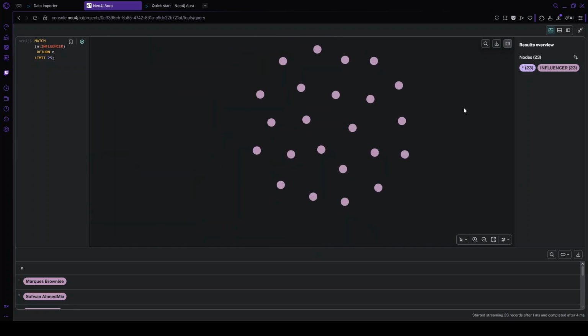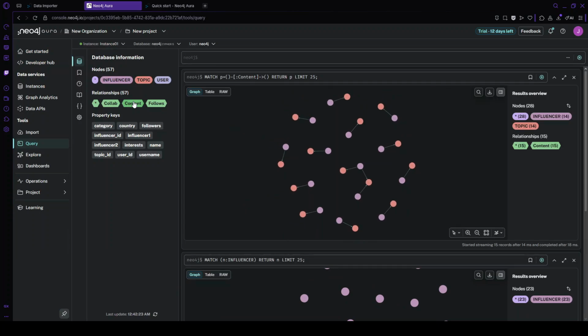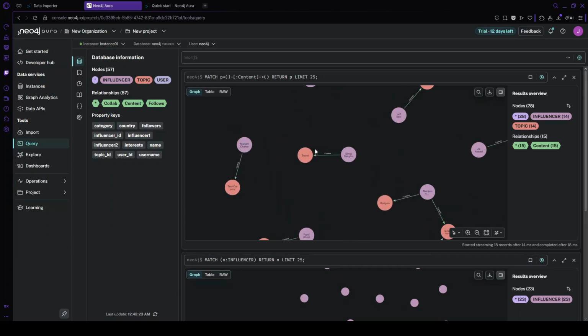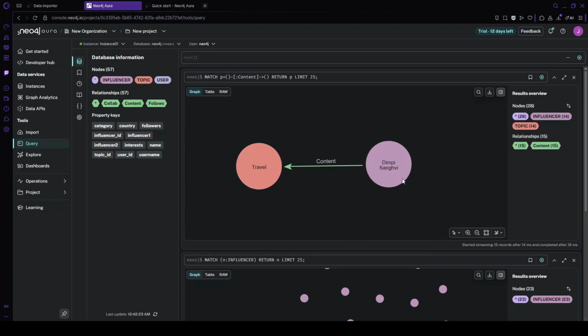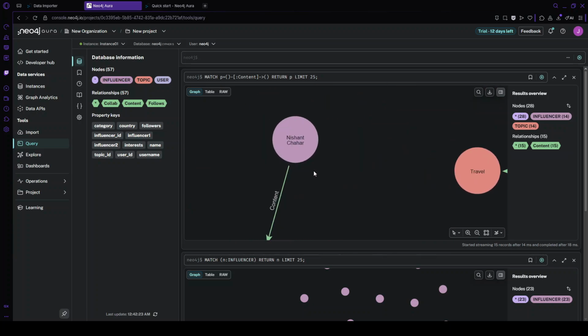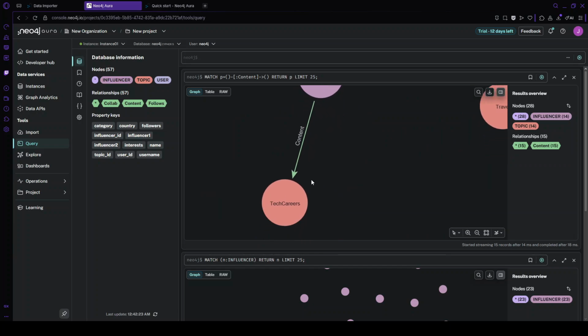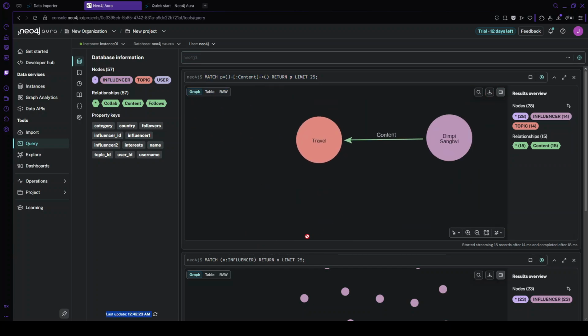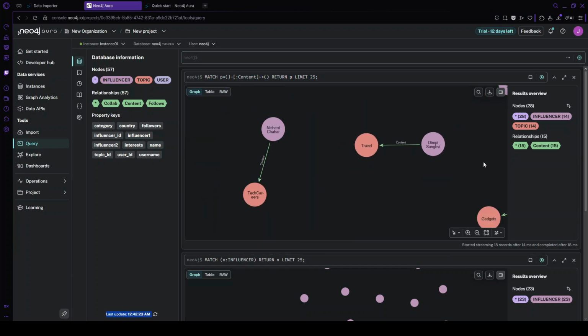Can you see how amazing the graph is? If I show you the content, Dimpi Sangvi content is travel. So she always talks about travel. Then we have Nishant Chahar who talks about tech careers. We also have